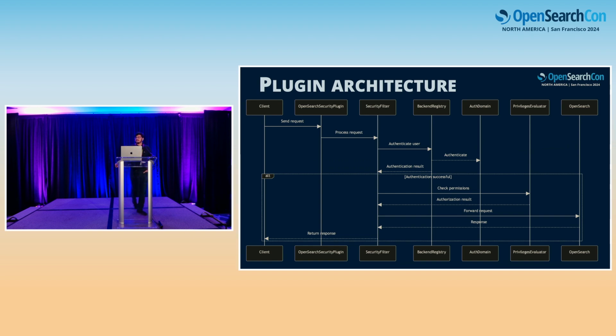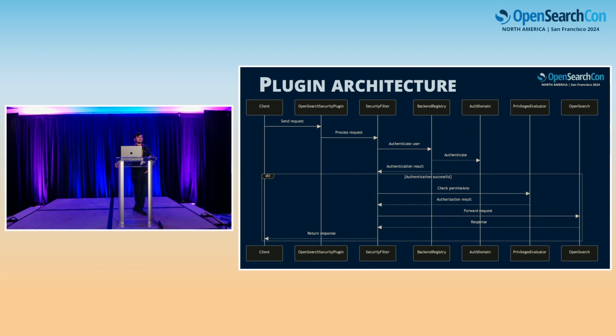The security plugin has something called a security filter. As you know, OpenSearch operates at both REST and transport layer, so we have a filter at the REST layer as well as the transport layer. It is a wrapper around the actual request that ensures a compatible format for the security plugin to perform authentication and authorization of the incoming request. So the security filter forwards the request to something internally known as a backend registry. The backend registry is nothing but a configurable and config-aware